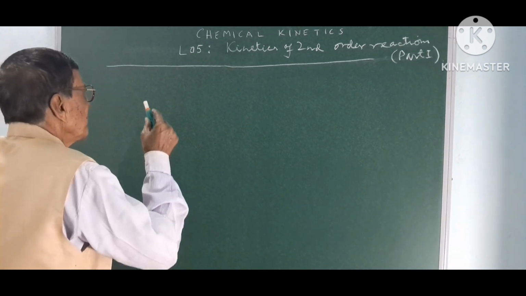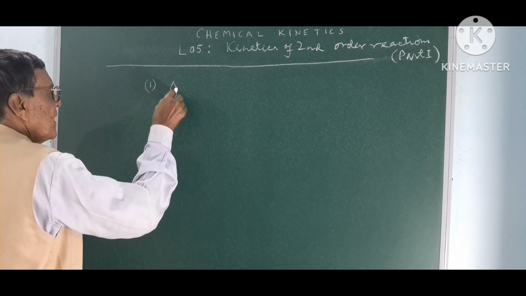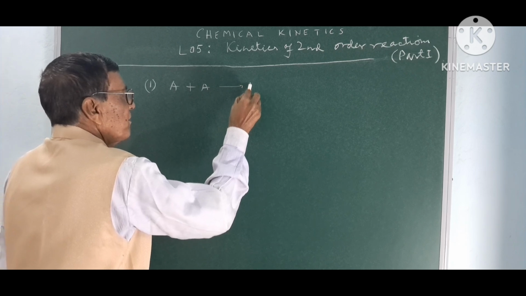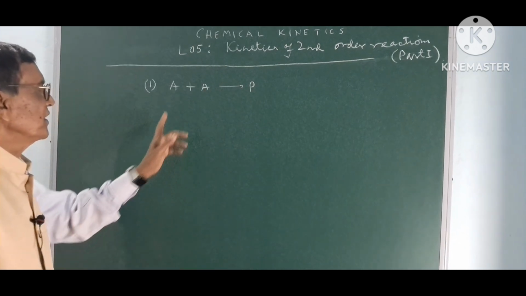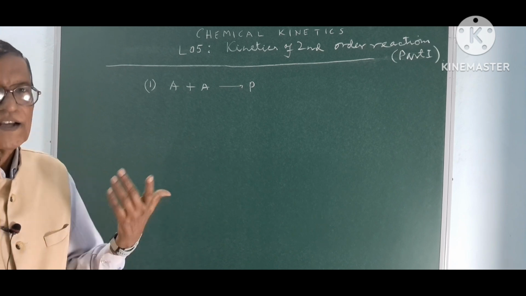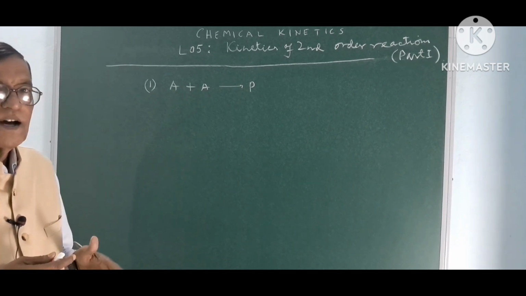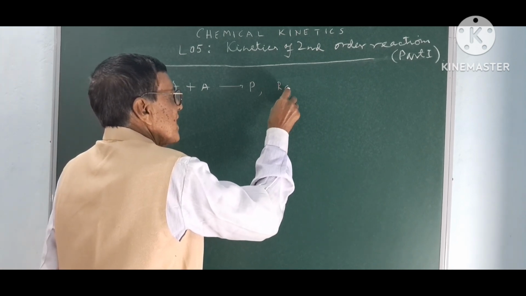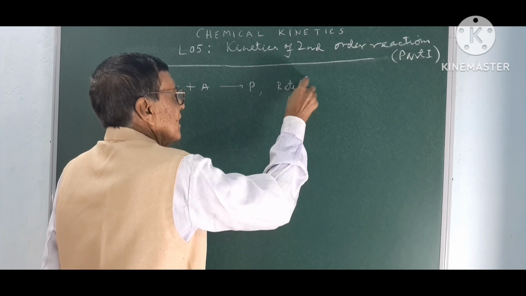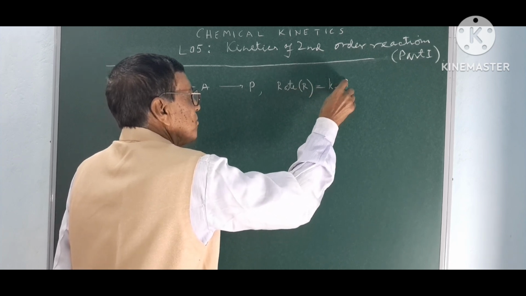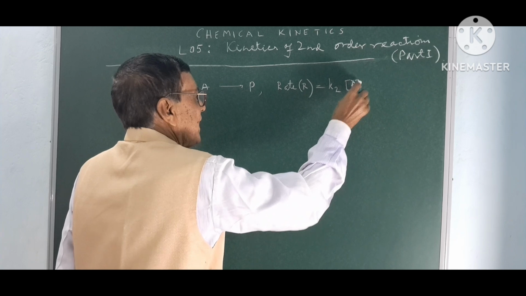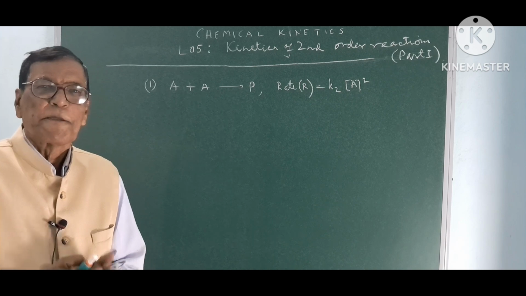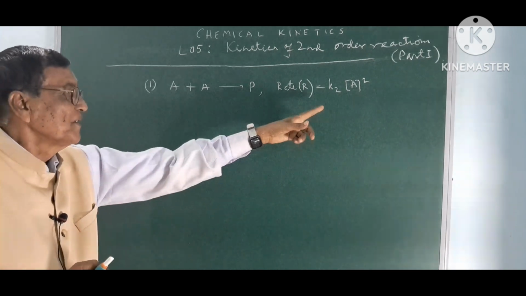It may be A plus A giving you the product P, meaning both the reactants are identical and they are reacting to give the product P. The rate of this reaction is equal to K2 times the concentration of A squared. The order 2 is given because it is a second order reaction, meaning two concentration terms are there in the rate equation,